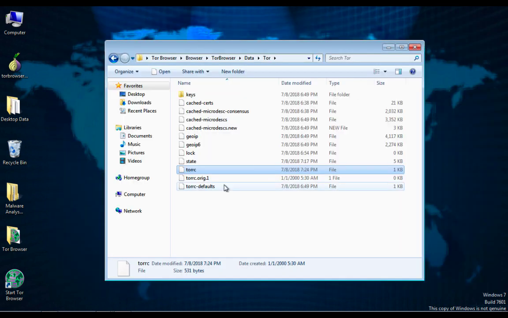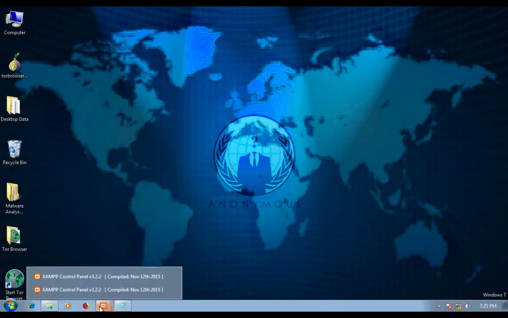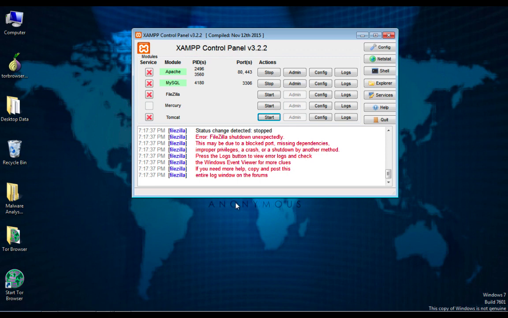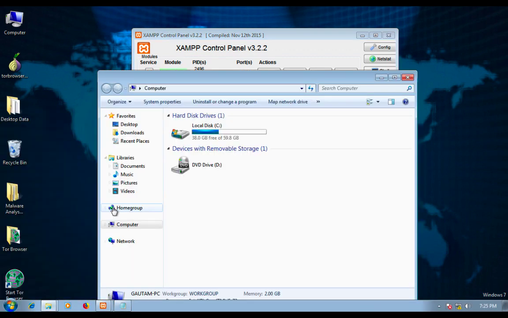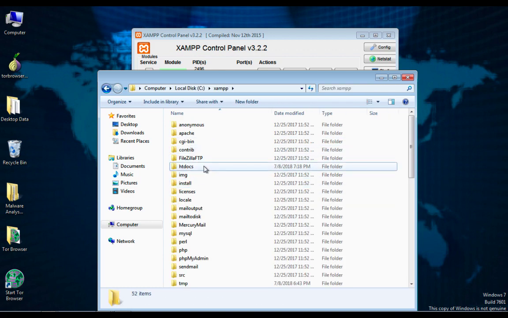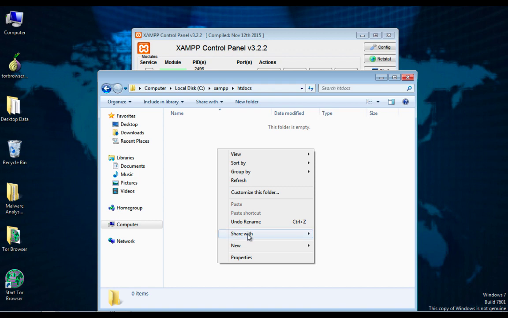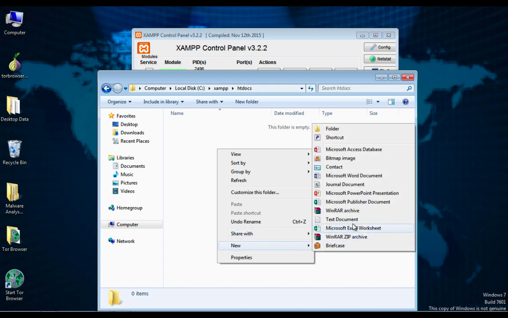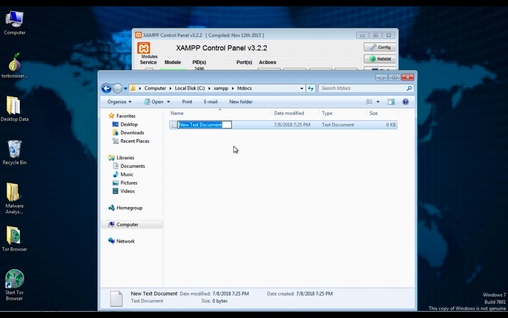So right now, as we did previously, you can see our XAMPP control panel is currently running. I just have to check where this file is located. So it's XAMPP and go to htdocs. We have to create one file, that is an HTML file, that is our web page.